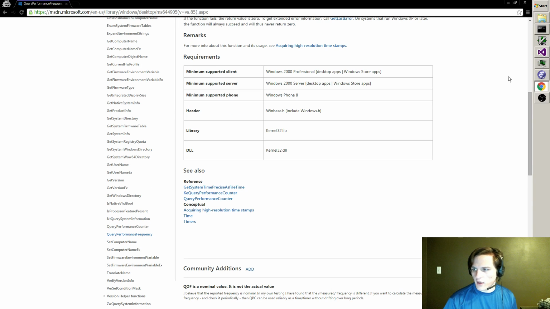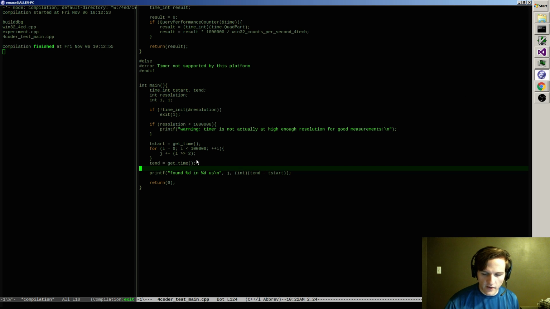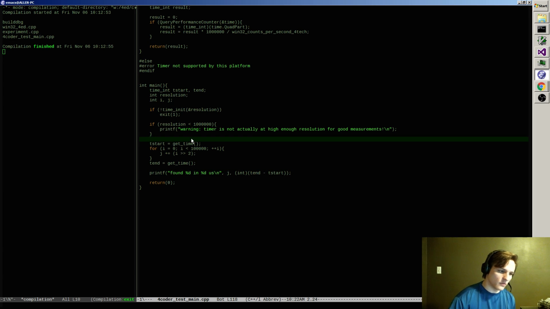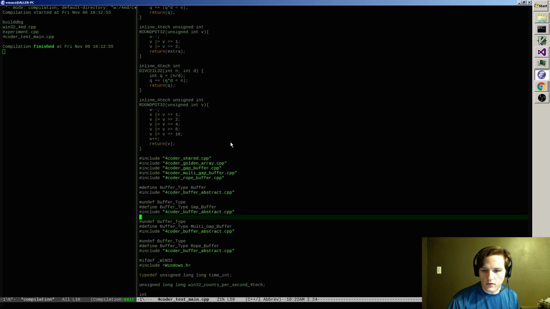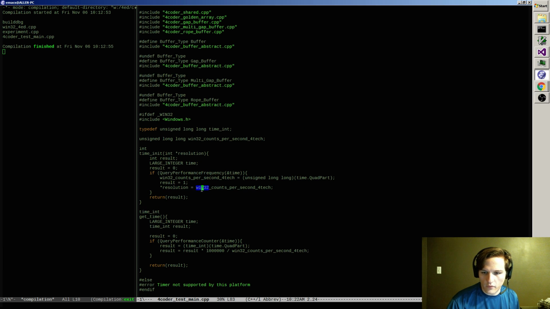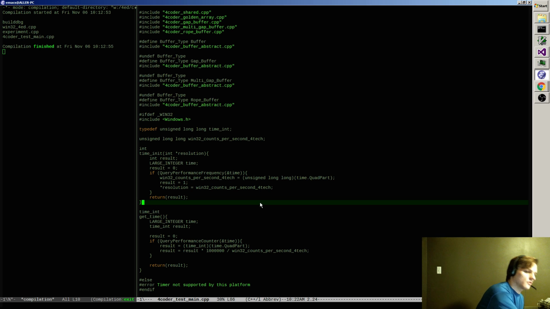Doesn't look like anyone cares about that detail, so I can't find anything about it, but I'll just have to assume that this is correct, and if we get really weird results or something, we'll ask otherwise. But I think that we'll say that's as good as I can know about how good the resolution is. All right.